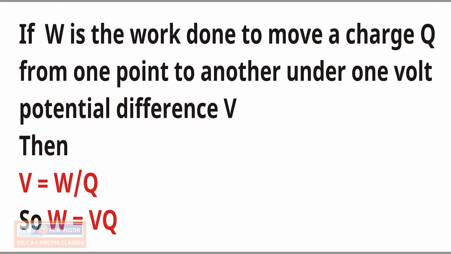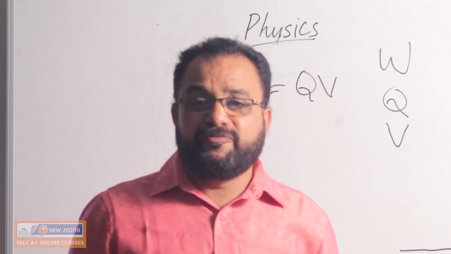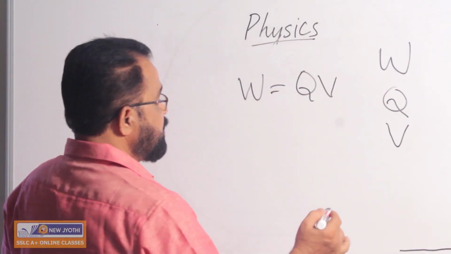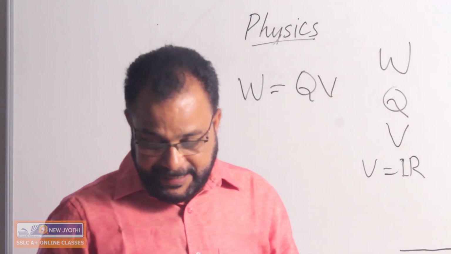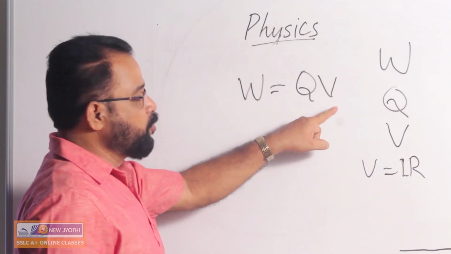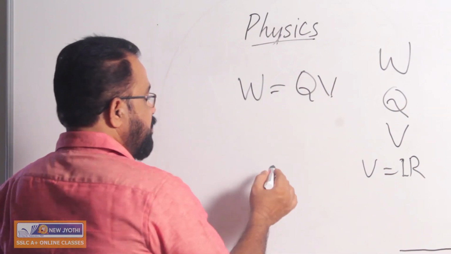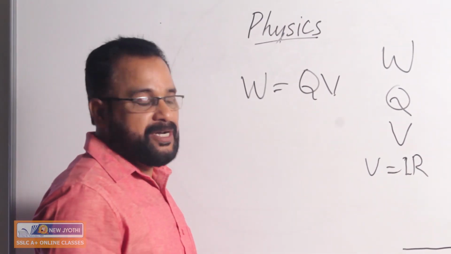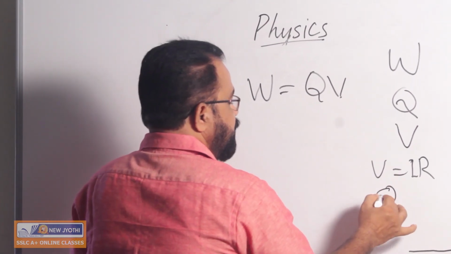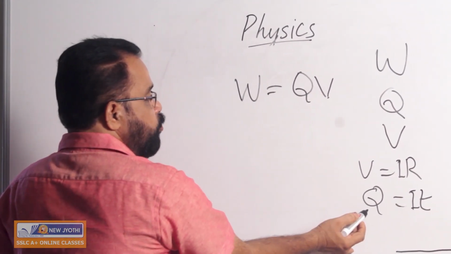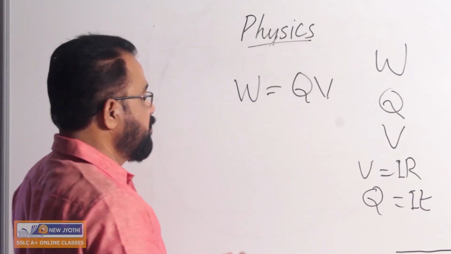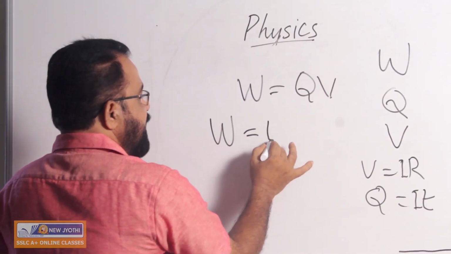So the work done in moving a charge under 1 volt potential difference, we can say W is equal to Q into V. Again, from Ohm's law, we know that V is equal to IR. Already you have studied. So here W is equal to QV, where V is equal to I into R. And from 9th standard, you have studied that Q is equal to IT. So substituting the value of Q and V in this equation, we can write W is equal to IT